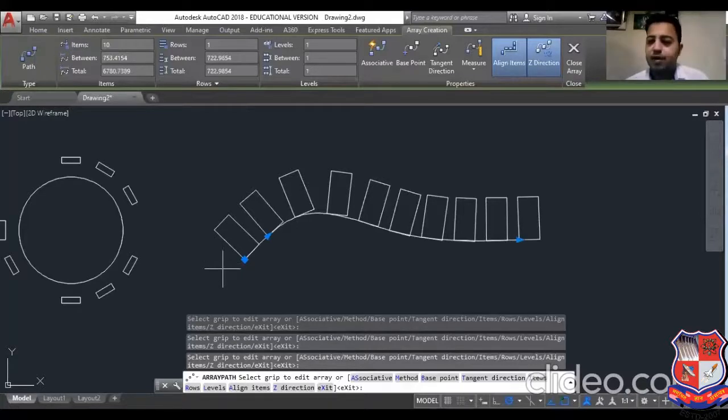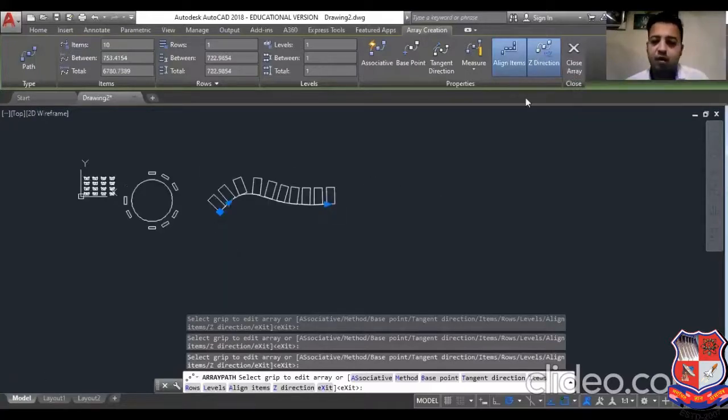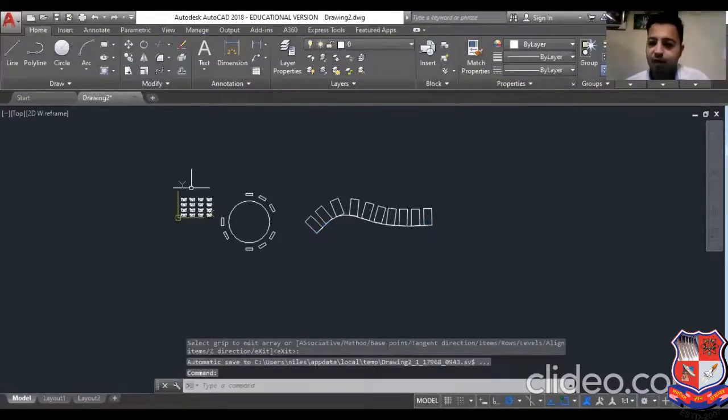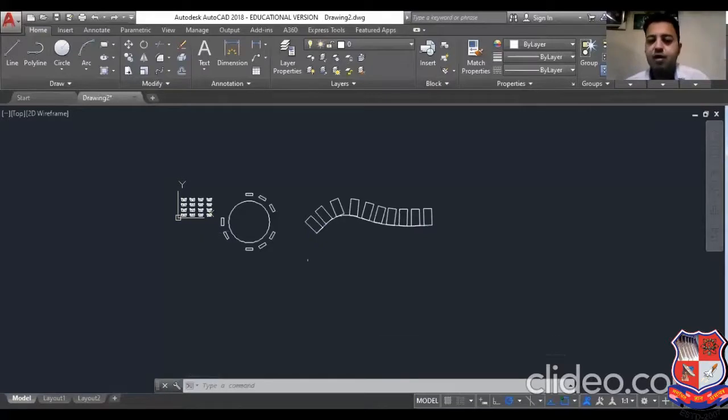And in the z direction it is called the 3D array. So we have seen three types of array: first is the rectangular array, second is the polar array, or we can say circular array, and third is the path array. And these commands are here: rectangular, path, and polar.